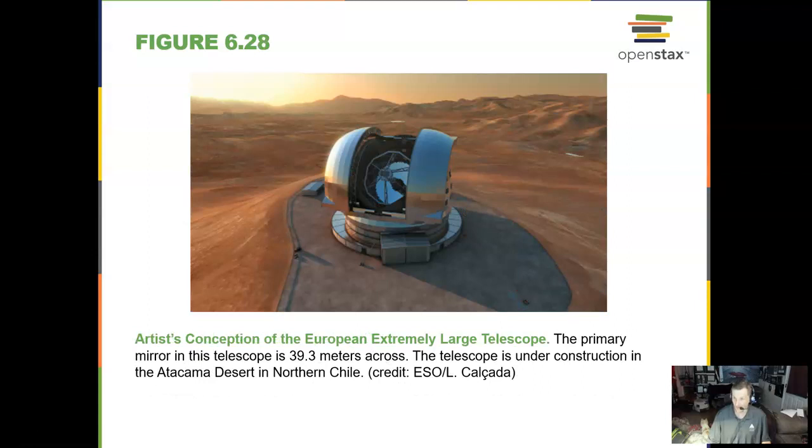And then the European Extremely Large Telescope will be almost 40 meters across, and this is currently under construction in